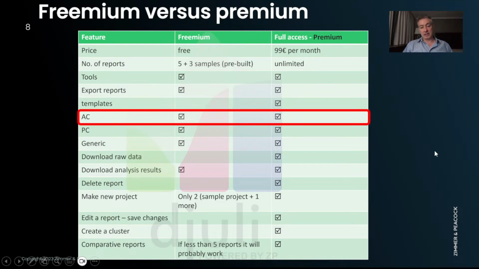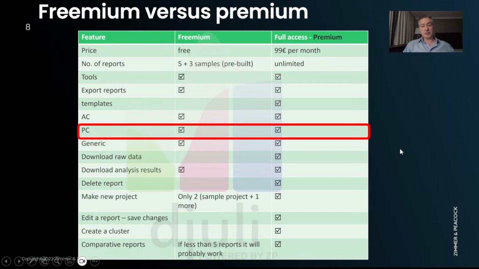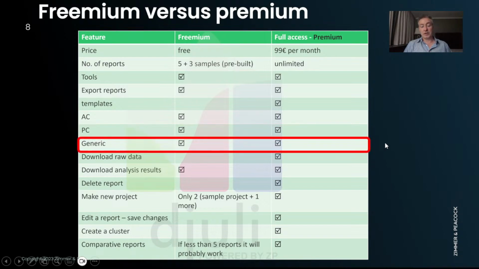AC just means that we have continuous amperometric data, and that's available to premium and freemium. PC would be continuous potentiometric data. It should be said that Djuli can be generic, in terms of we can have columns of data, signal versus time, current versus potential, impedance versus frequency, and Djuli can deal with those.